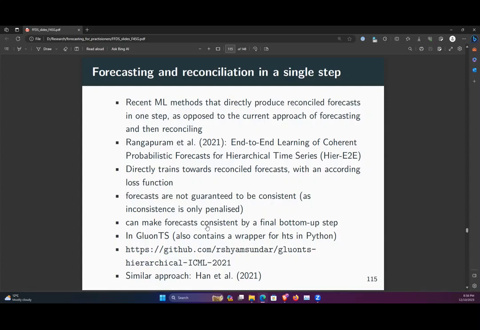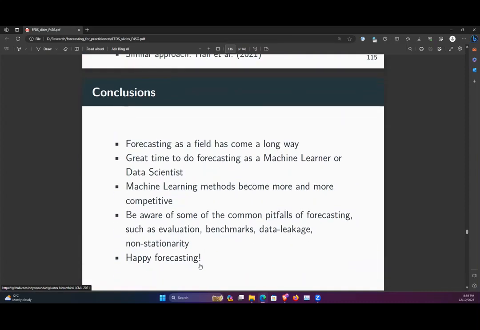It optimizes to be consistent, but in some scenarios you won't have a consistent forecast, where the bottom levels might not sum up to the top levels. And here are a couple of repositories where the end-to-end forecasting approach exists. You could look at the code there if you want to use them, and hand over to Christoph for